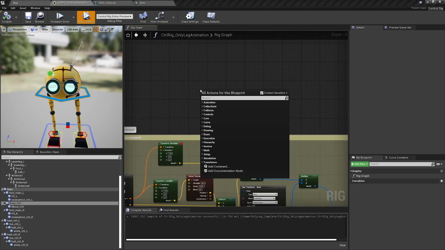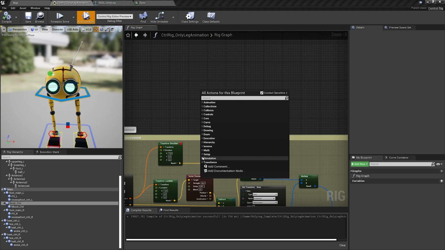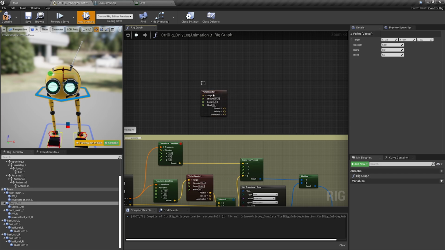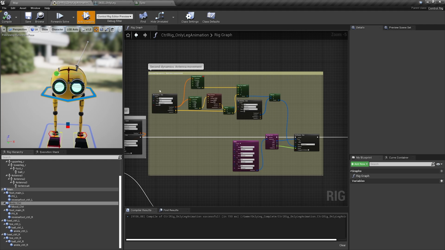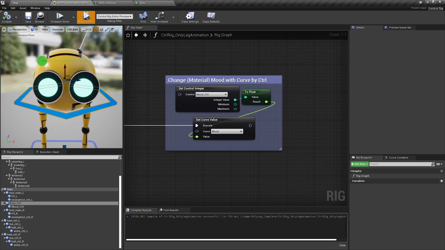So there are some nodes I want to bring to your attention. One is the mask section with a lot of different things. Like there's noise, and a lot of stuff like curves, sinus curves, clamping, etc. And then there's the simulation: accumulates over time, delta from previous, and the Verlet I'm using here. It's worth investigating. They're really handy. So yeah, that's that. And then let's talk about the eyes.